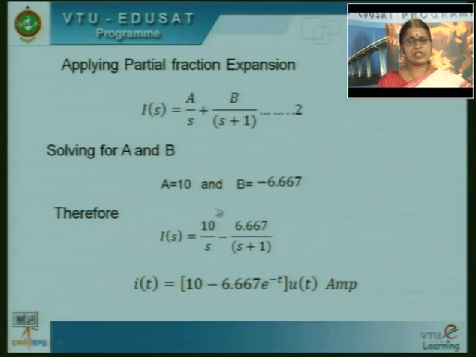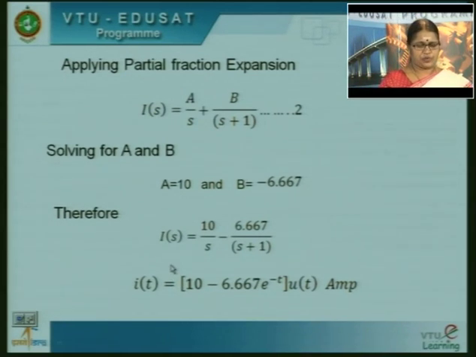So, now we can very easily find the Laplace inverse to get the expression I of t. I of t is given by 10 by S, which is 10 into U of t, minus this term, which can be viewed as 6.667 into 1 divided by S plus 1, and the Laplace inverse of 1 by S plus 1 is e power minus t. So, I of t is 10 minus 6.667 e power minus t into U of t amperes. This is the value of current flowing in the network when the switch is closed at time t